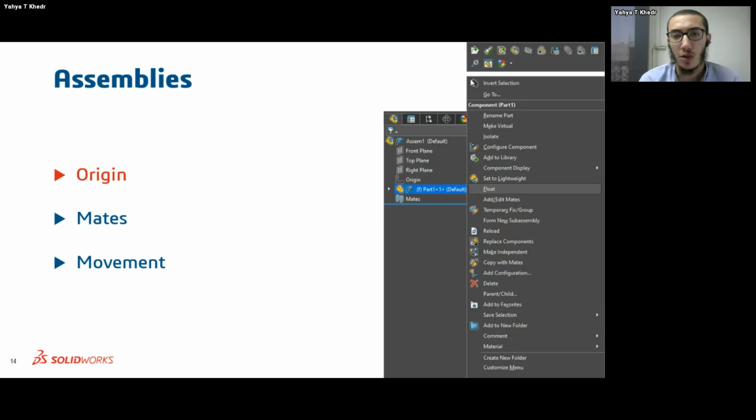Just make sure that this component is here, regardless of what dimensions it's from the origin, or what affects the other positions of the other components. Regardless of anything, just make sure it doesn't move and it remains how I left it. And maybe that's not the best option for a parametric model, which is why it's always good to right-click and float that feature. But there's actually a better way to do this, because if we go back again inside of SOLIDWORKS,